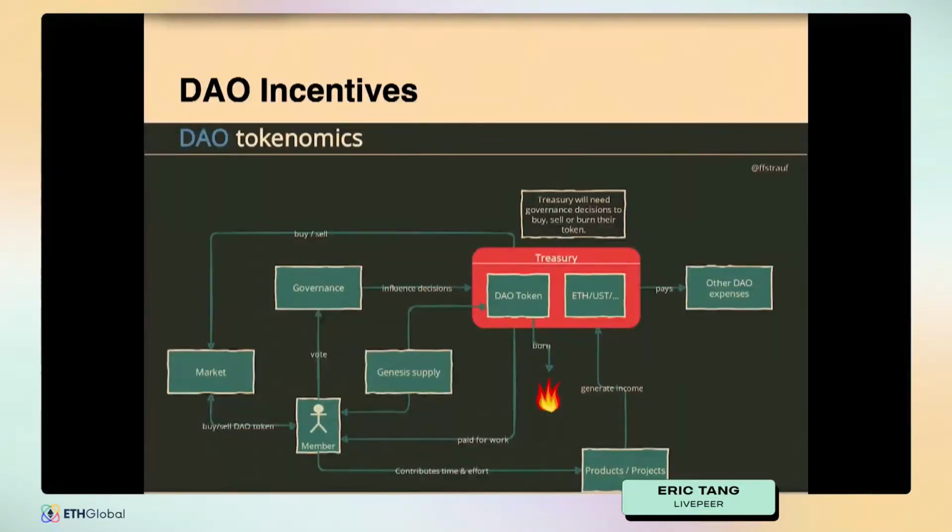Another really interesting example is DAOs, right? So DAOs at the very beginning were groups of people coming together, putting together a treasury, and they start to figure out rules of how to operate and use the resources in the treasury. But over time, it's also evolved into this interesting way to collaborate and actually do projects and develop things and create products, right? So now we have DAO governance, we have DAO tokens that go through these governance mechanisms. They have their own inflation schedule and token supply. There's a market for these DAO tokens that can be traded on the DeFi marketplaces.